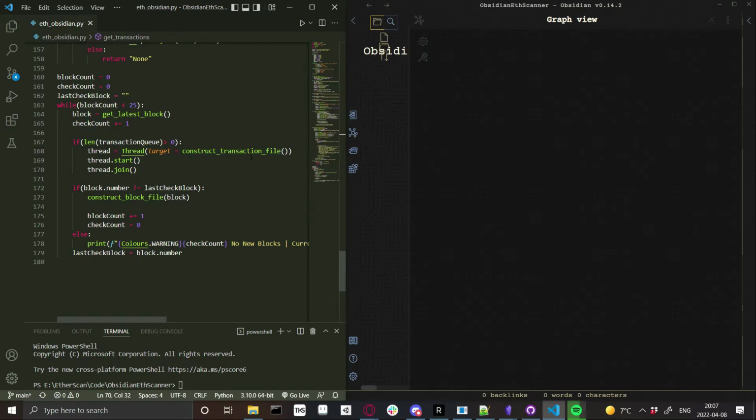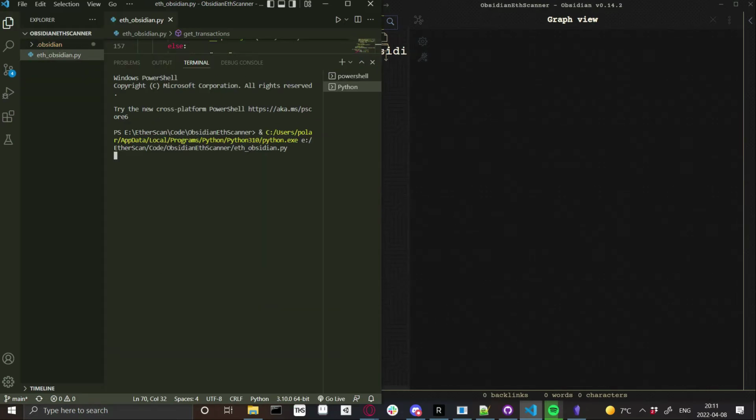Once it's done doing that, it gets the miner of the block, creates a file for it, and then creates a file for the actual block. So if I run the script,